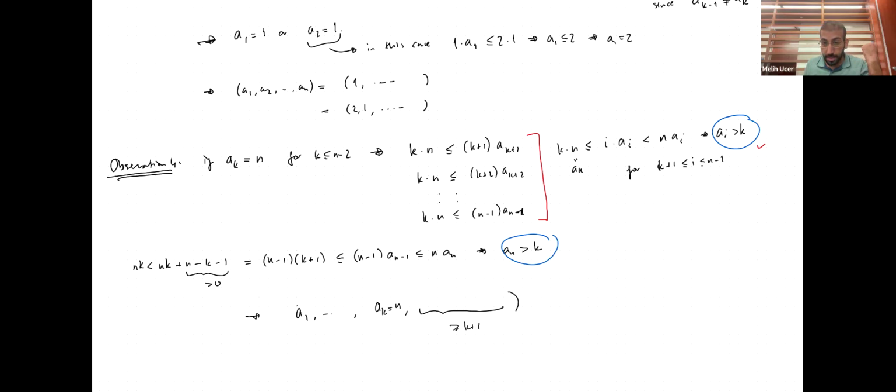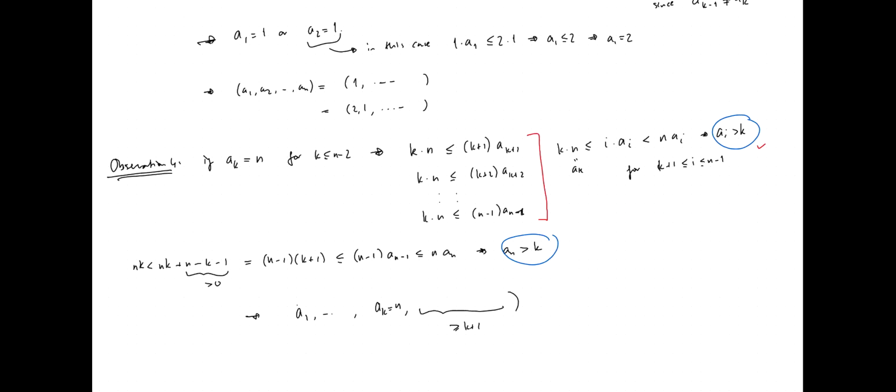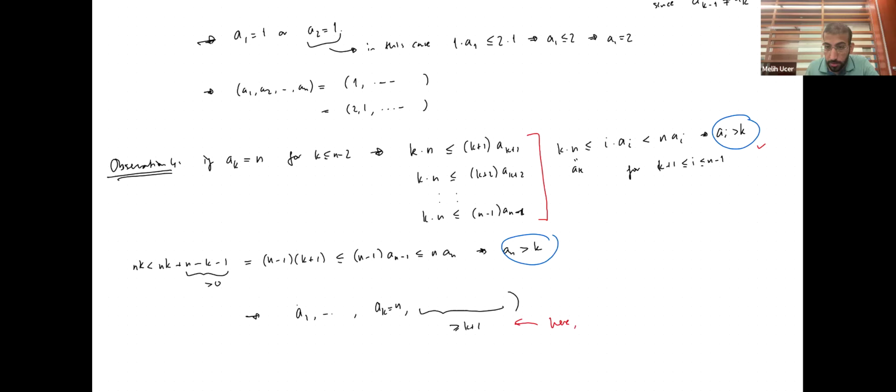But notice this thing holds, so this is the final observation. All of these are greater than or equal to k plus 1. They are greater than or equal to k, but how could we conclude that they are? Oh, okay. Here, k less than or equal to n minus 2 is crucial